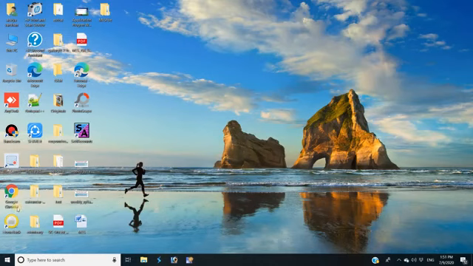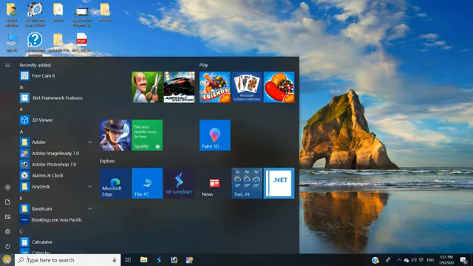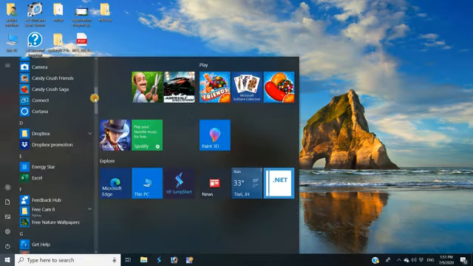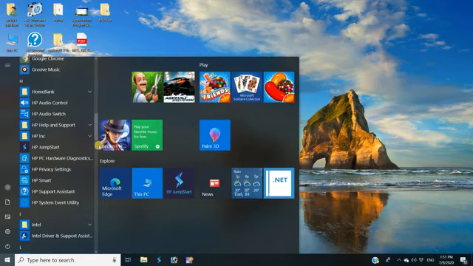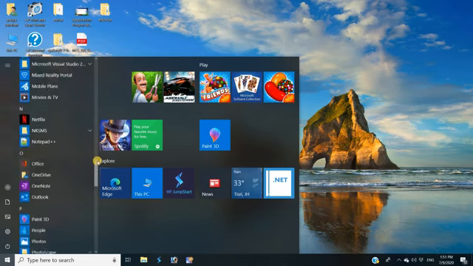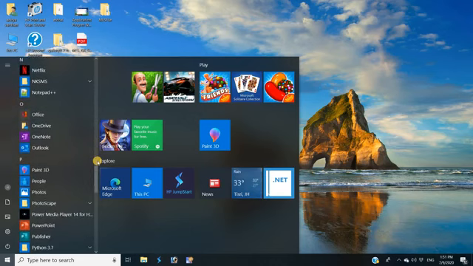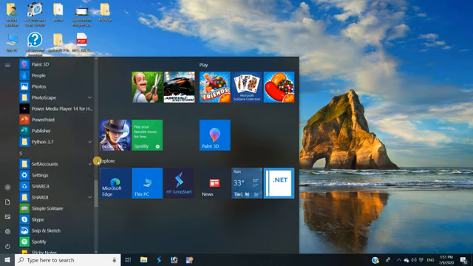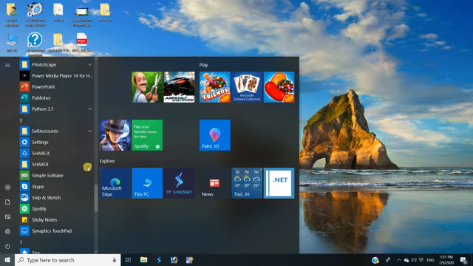Suppose we require to start any application, bring the mouse pointer near to the start button, click here. You will get the pop-up menu. Now I have to scroll down the menu, scroll down the menu from here, and suppose we require to start any application, bring the mouse pointer near to the place. Suppose this is the sticky notes.